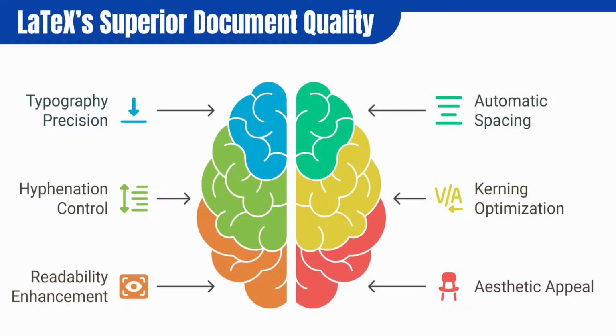So in the case of a Word document, sometimes if our space key is pressed one time, two times, or three times, the space increases accordingly. But in the case of LaTeX, there are no such problems. LaTeX controls the space automatically. We need not worry about whether our space key was pressed two times or three times. LaTeX will take the space according to the requirement of the document automatically.